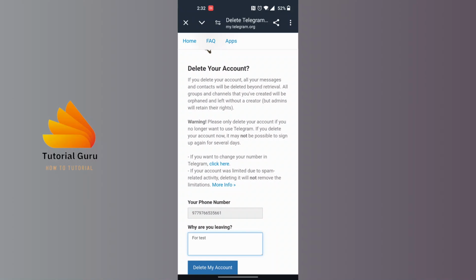And guys, this is how to delete Telegram account, and if you have any confusions or questions regarding the topic,